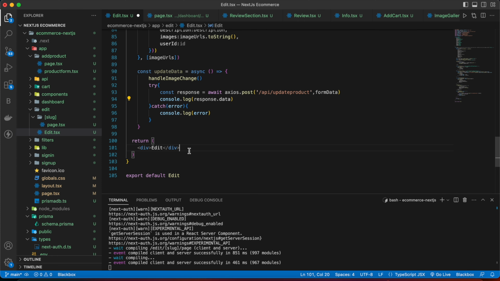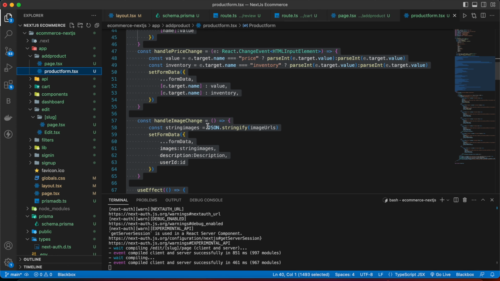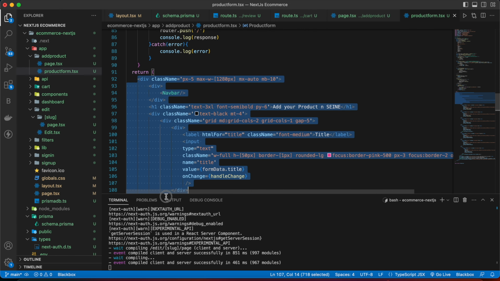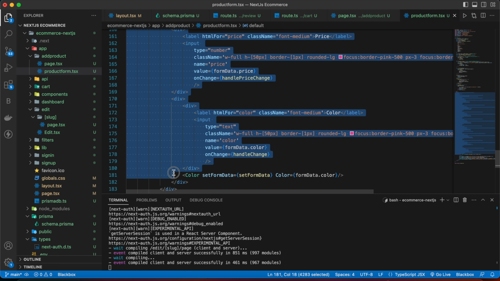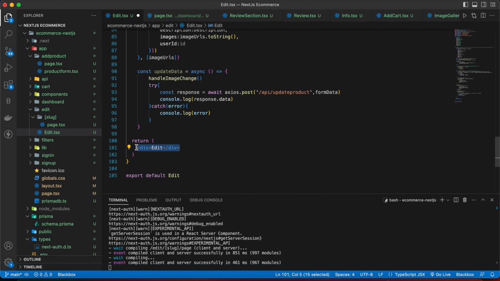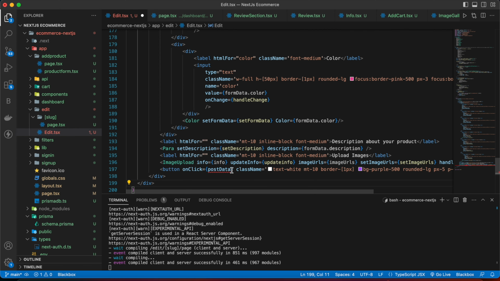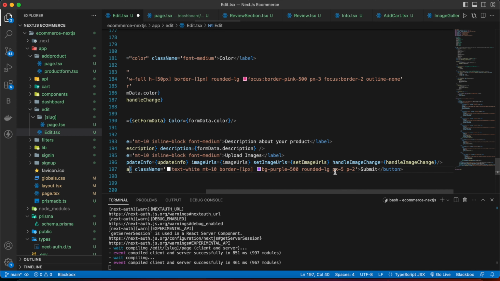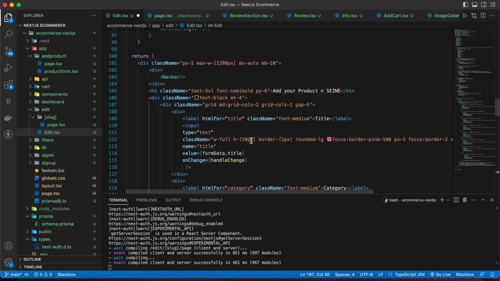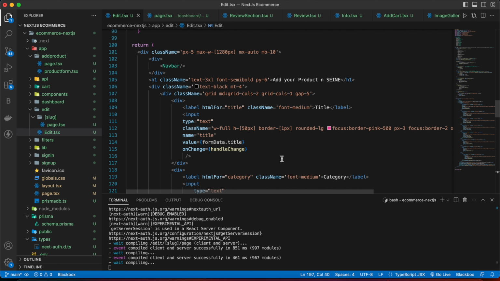So inside the JSX, we are going to copy that from here, and then make some small changes in that. So copy all of them and paste here, and change this to updateData, and here. Now let's save and go back to the browser, refresh the page,